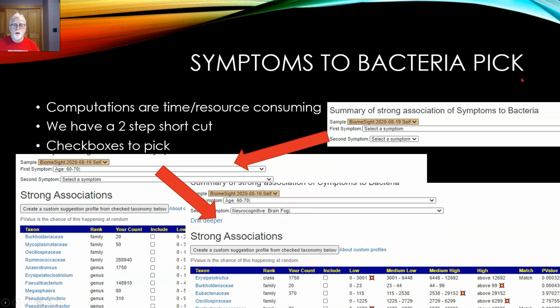So, to do a quick summary of the symptoms-to-bacteria picker: the page loads, you set your samples, you have many samples, you can pick different samples, you select your first symptom. For example, I put in my age, 60 to 70, and you'll get a list of everything there. You can then put in second things like brain fog, and you can go down there. What you will find is that the significant values are marked by little exploding bombs. It says on the right if it's a match or not, gives your count, then gives the range of values